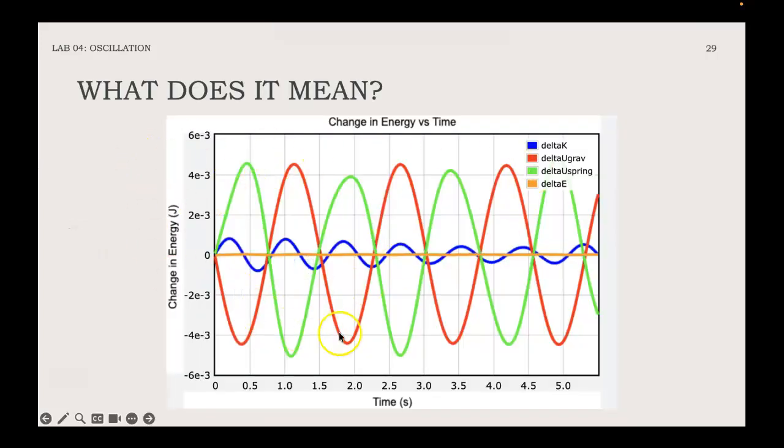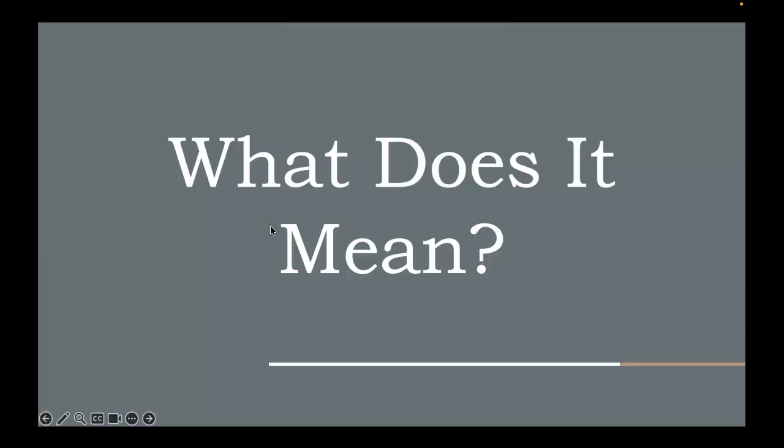So what does it mean? Yes, it does follow our energy principle. You can see our energy is conserved. You can see each graph cancels out its respective graph here, and so our total orange line shows that there's 0 energy change. And then, for the second part of what it means,